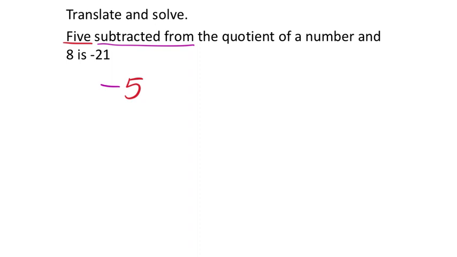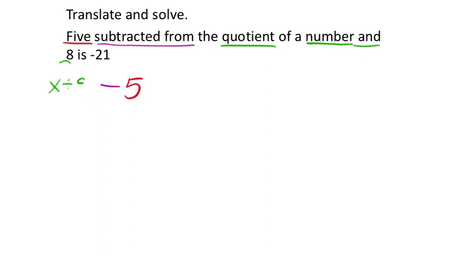Okay, so the other value, the first value, the value we start with, is a quotient of things. We've got a number and 8. Now let me say the number is x. We don't know what it is, and 8. I'm going to show the division as a fraction line. So you can think, I'm going to come back to that, but you can think if I show this as